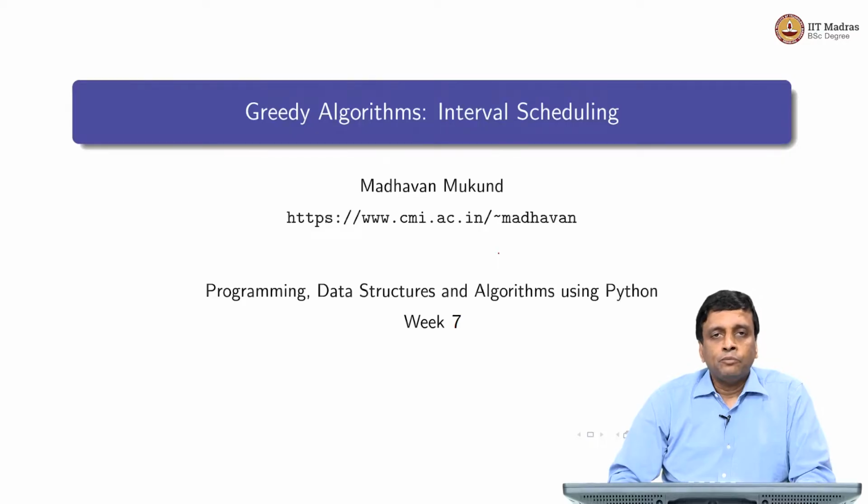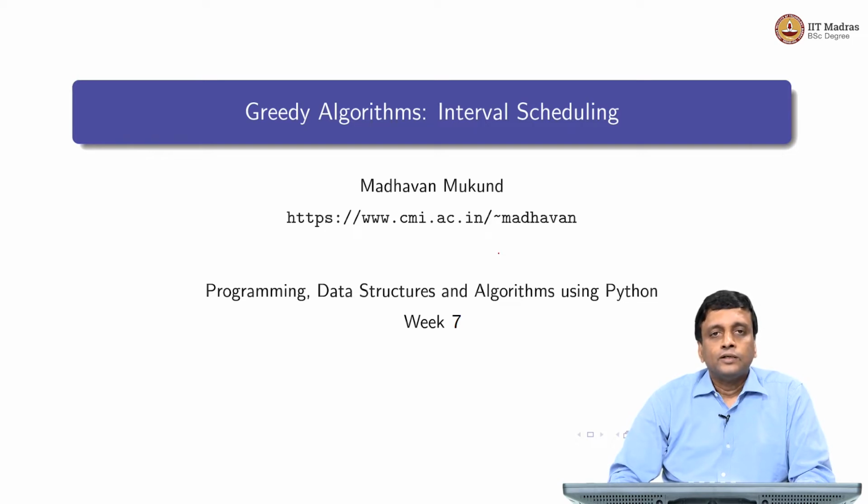So after spending some time on data structures, we have looked at the union find data structure for disjoint set. We have seen heaps, how to maintain priority queues in heaps. We have seen balanced binary search trees. Now let's get back to algorithms per se and try to understand some general strategies that are there for designing